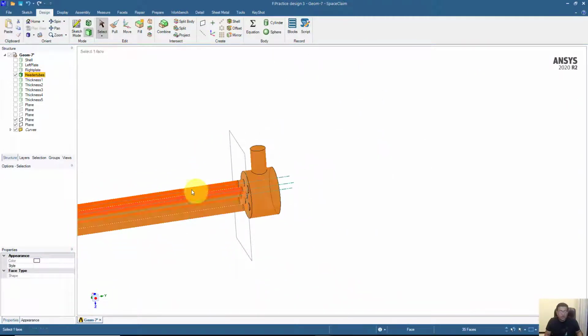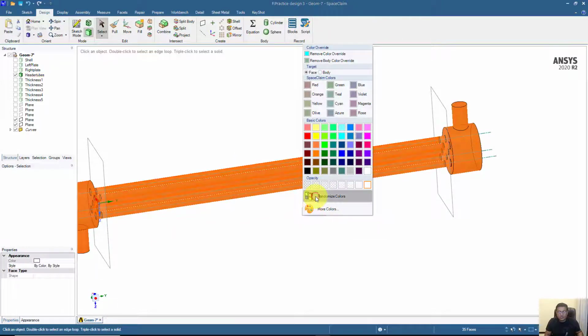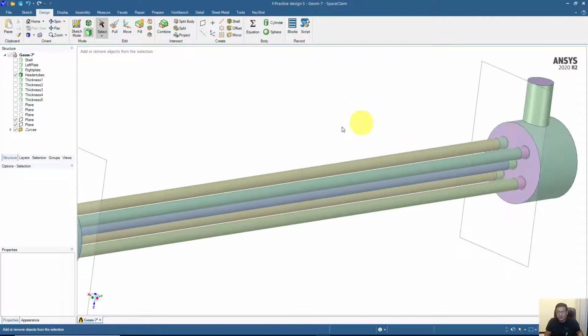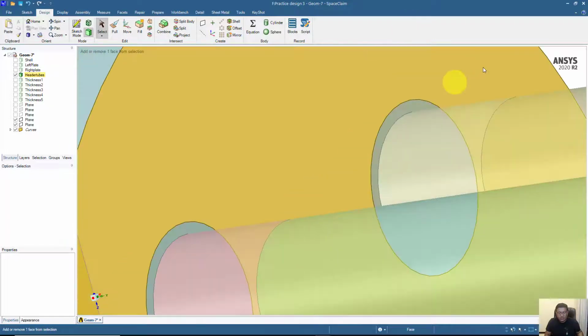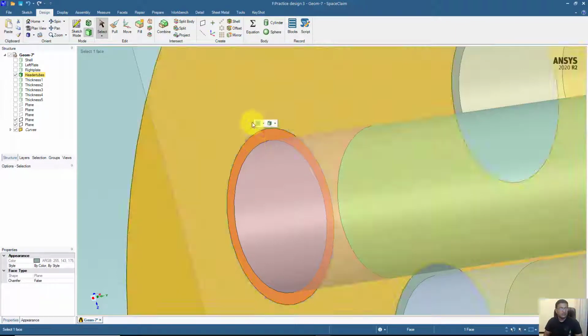Or you can choose all bodies, all surfaces, and use randomized colors. So now you can get different colors on the different surfaces. And this part will not form any interface with the thickness which is coming up to this part. So we will leave them as walls for these two parts. They will not interact in terms of heat transfer here.